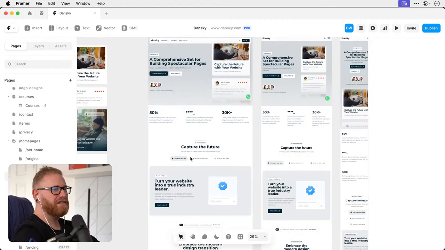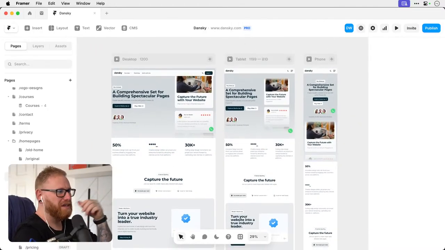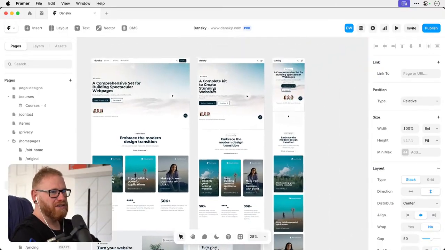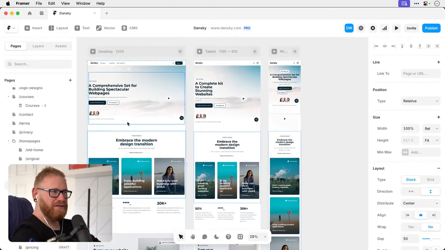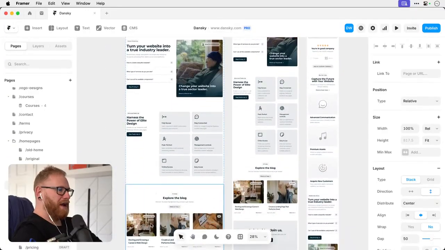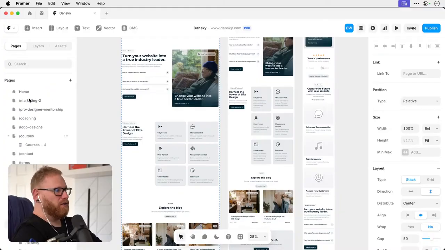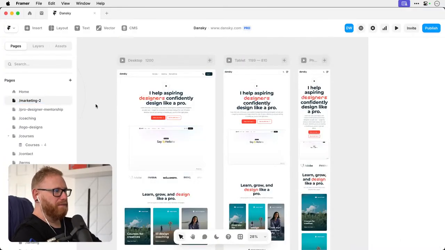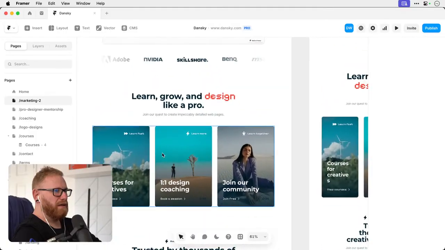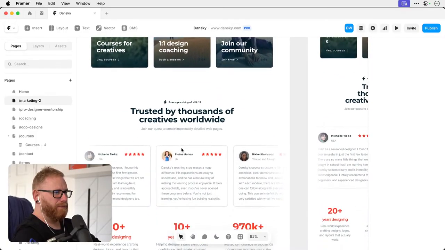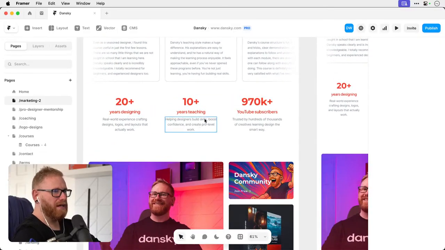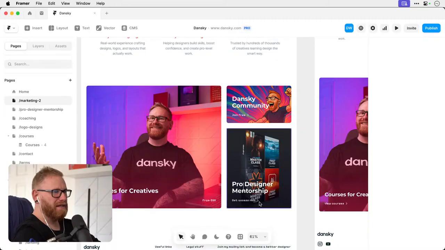Yeah, so different pages. You've got desktop, tablet, mobile, and you get to see them all together, which is great because as you're designing one, you get to see how those changes impact the mobile version, which is just flipping brilliant, really. So I can just grab any section on one of these pages and then plonk it onto another page. So this is kind of the main, you know, boom, boom, boom, go here, here, or here. And then we've got some testimonials from students, a few accolades, and that's the old one, so that's probably going to go.